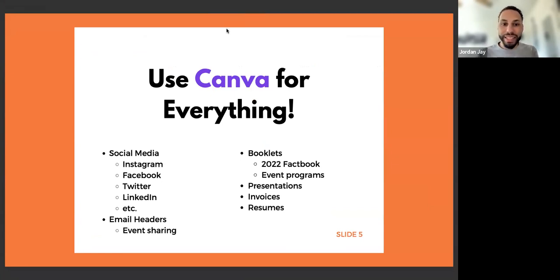Whether it is social media, which is what I use it for a lot, on there, Instagram, Facebook, Twitter, LinkedIn, they have templates for all of those things, for videos, for TikTok, etc. You can also use it for email headers, which Oregon Trio Association uses it quite often for. Matt Bisick, all of the headers on the emails from Oregon Trio Association and NAEOP are all done through Canva.